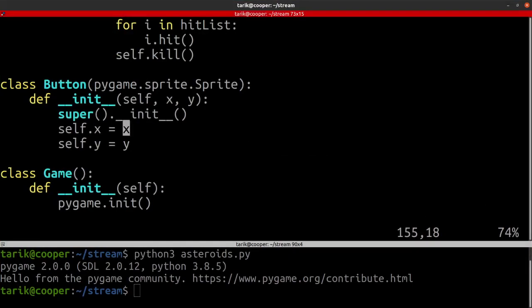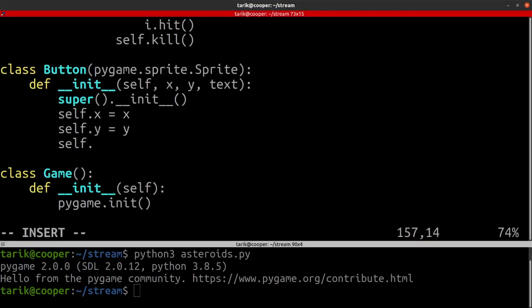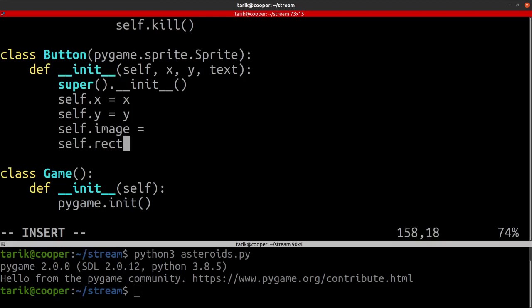Now what we would also need to take in is probably some text. So I'll just, you know what, I'll leave that for now. We'll just call it in this. So what do we need for any sprite? We need the image and we need the rectangle. So the image,